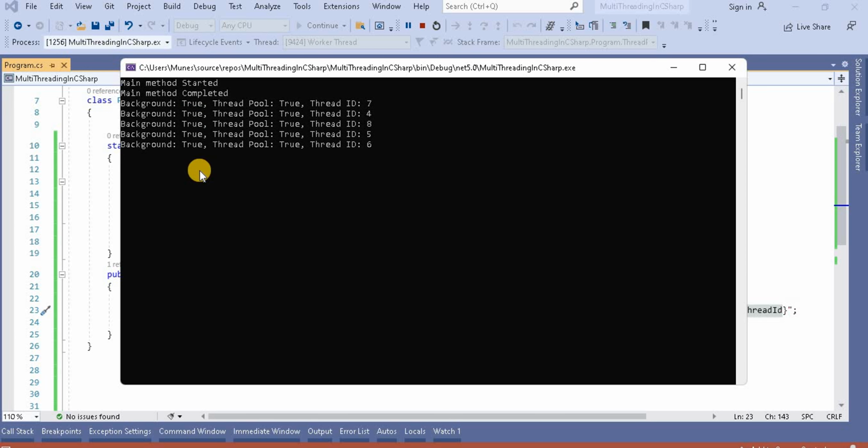You can see all are true: it is a background thread, and this thread is from the thread pool. The IDs vary, they are not all the same, so all are different threads, and these are all background threads.